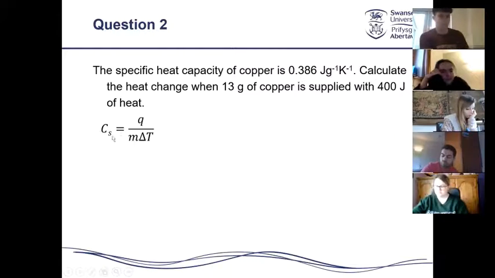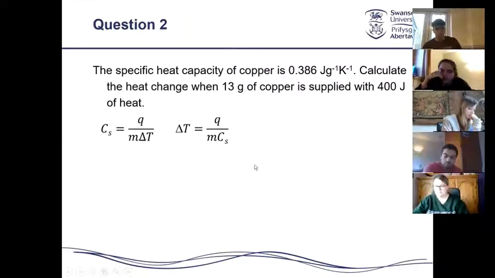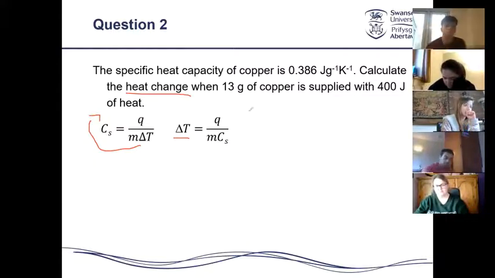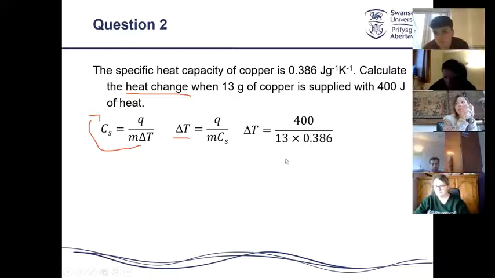So as we have seen, the specific heat capacity is equal to Q divided by M delta T. We can then rearrange that as we wish to work out the temperature change, delta T. Moving delta T up to the left-hand side, multiplying both sides by delta T, dividing by the specific heat capacity, we arrive at delta T being equal to Q divided by M multiplied by the specific heat capacity. Putting in these numbers, this is equal to 400 divided by 13 multiplied by 0.386,